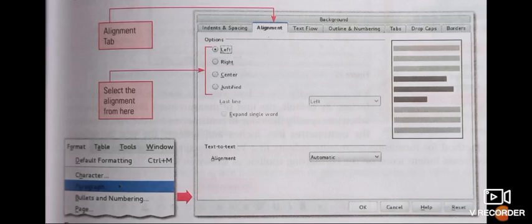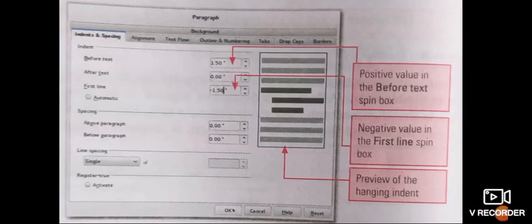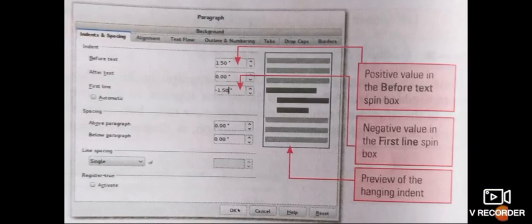Next is paragraph indentation. It is also discussed in an earlier video. Means, what is indentation? To impart the desired indentation to a paragraph, first we have to select the paragraph on which we want to apply the indent option. After that, click on the Paragraph Format tab.